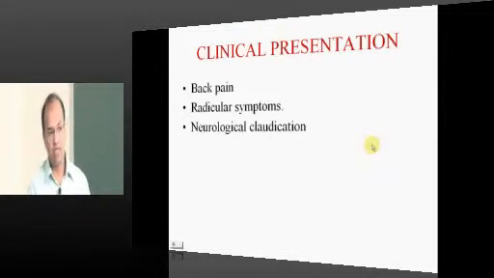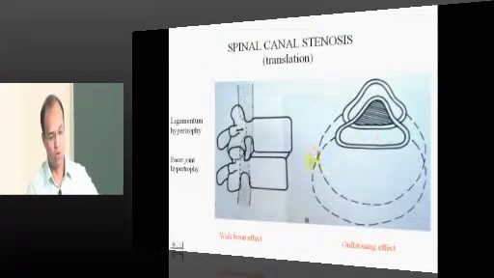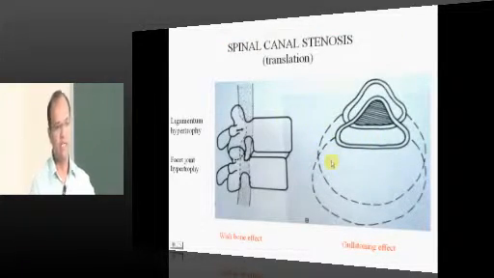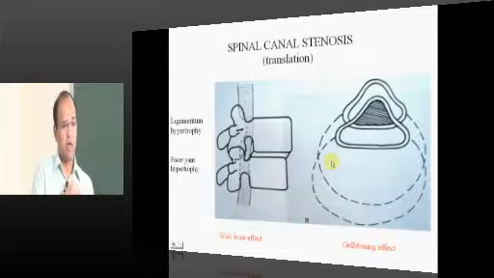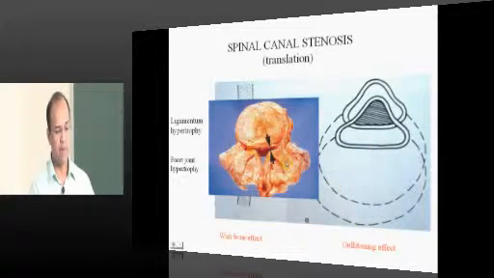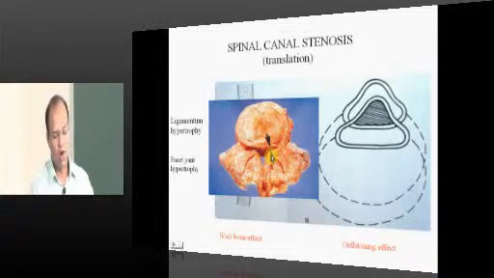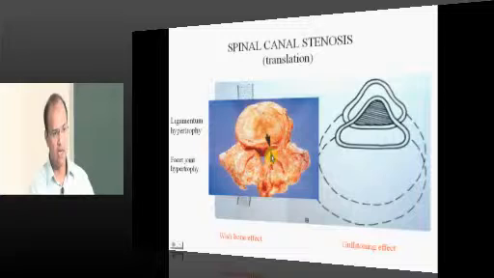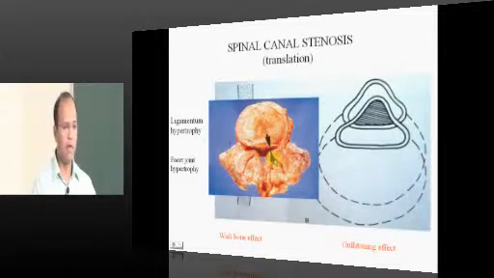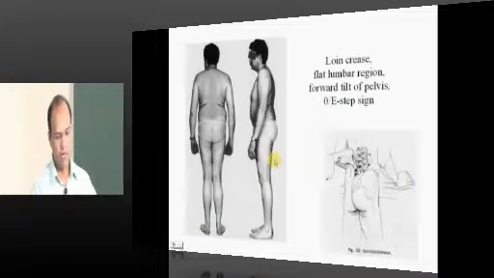So the patient can come with these things, so you have to identify whether it is a neurological problem or a vascular problem. That's why I told those things. So I told you, whenever there is a translation of one vertebra over the other, there can be a guillotine effect. There will be an effective decrease in the space available for the canal, and that can end up in spinal canal stenosis like this. If the spine is pinched up, you have a lot of changes that I have explained just recently, and ultimately what will happen? The patient can end up in a neurological deficit, either motor, sensory or autonomic dysfunction.